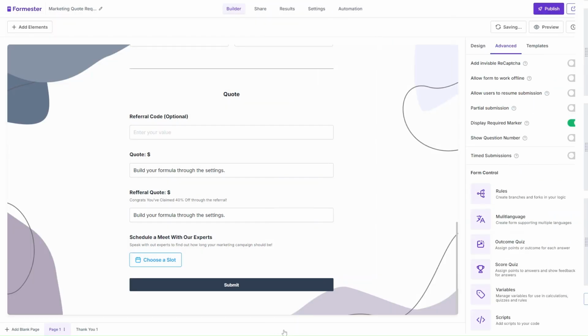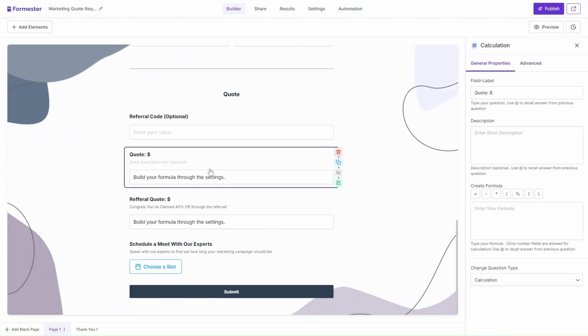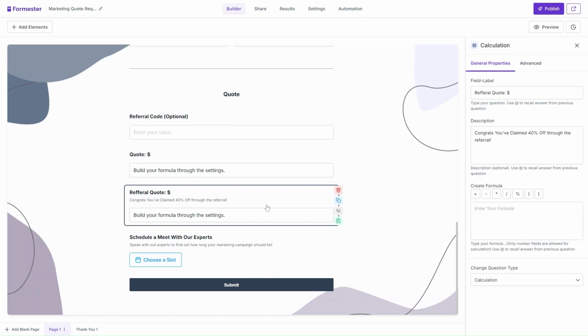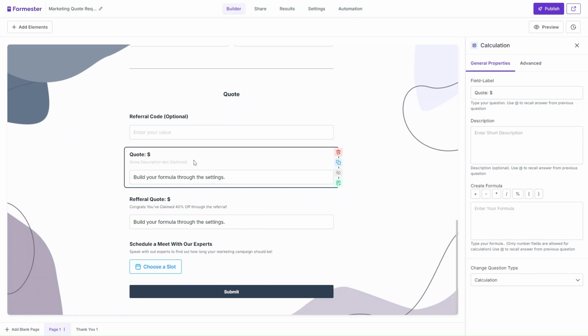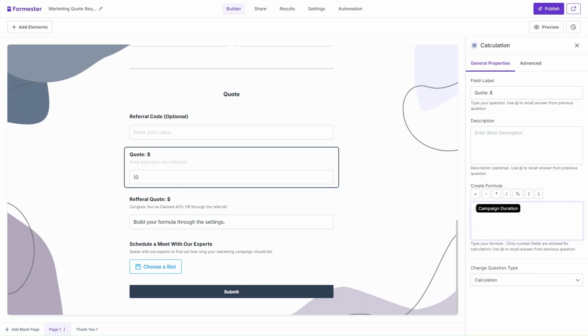So let's hit save. Now let's go ahead and create our custom code. To do that, simply click on that, and here we can create our formula. The first formula will be the basic one without the discount, and then in this case we'll be adding a discount over here. Now let's go ahead and create our regular formula without the discount. Use the @ sign to recall the variables. So we're going to recall campaign duration, and then multiply that with